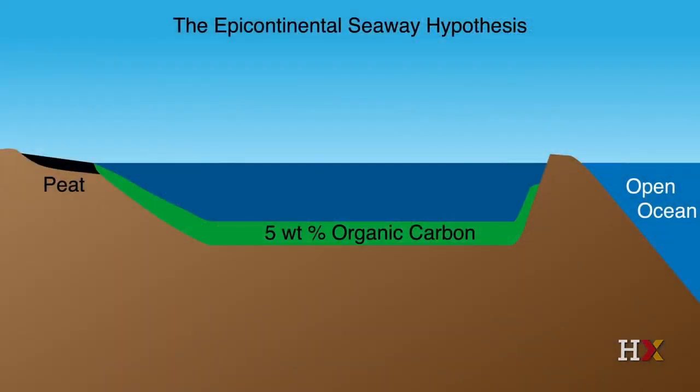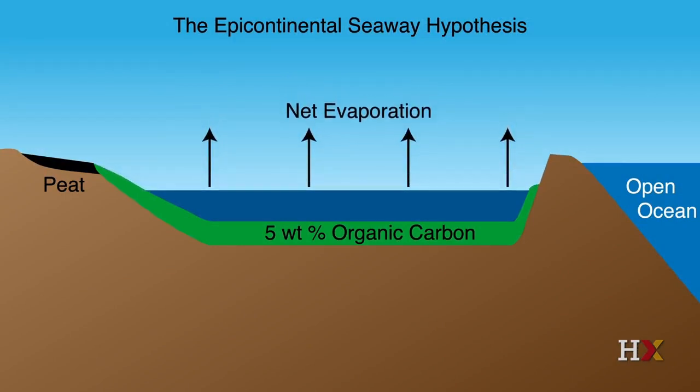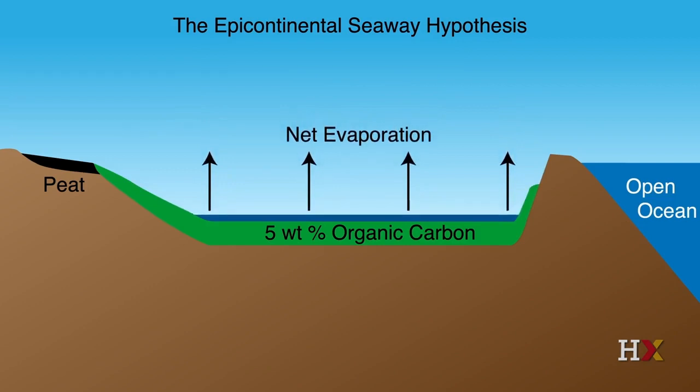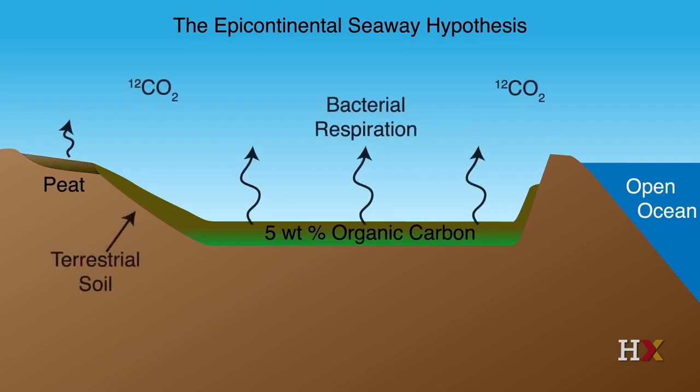So you can imagine a shallow epicontinental sea, only tens of meters deep, if it were ever isolated from the world ocean but was still in the subtropics, might evaporate in just a few decades, leaving behind dry ocean bed full of organic carbon, of very organic-rich sediments, which would quickly get oxidized over the next few thousand years, releasing a large amount of CO2 to the atmosphere. This hypothesis explains why we might have seen these events at that time when there were still epicontinental seas, but why we don't see these events later on in geologic time once sea level has dropped and the epicontinental seas